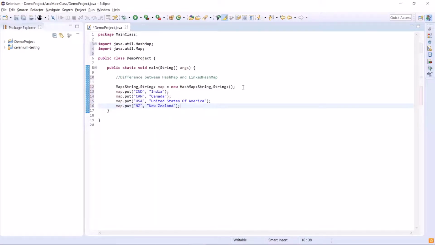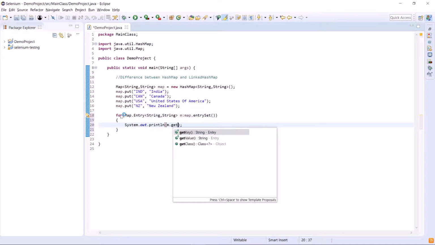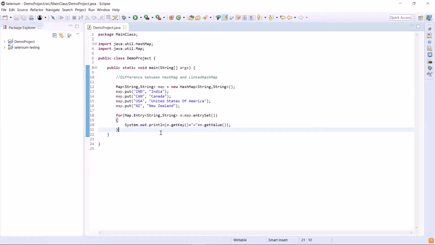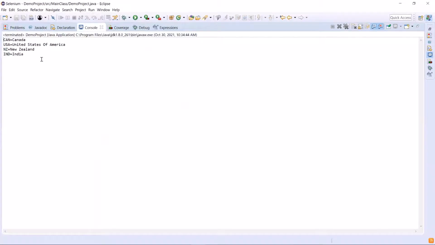Now, let's just add the statement to print the values of this hash map. I'll print the key and their values. Now let's run the test to see how the items are gonna return. Here you can see that it printed all the data from the hash map.